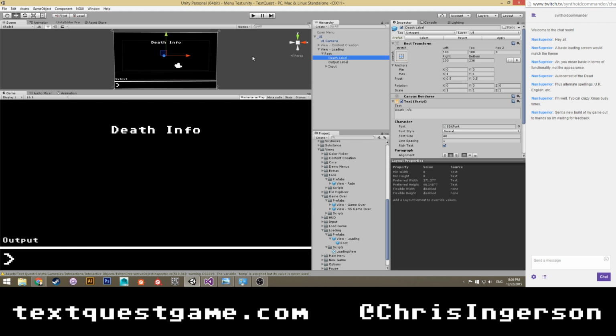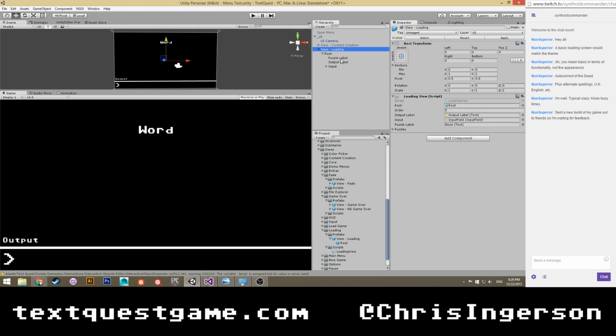And then def label, let's change that to word. Call this, I guess I called it puzzle label, didn't I? Okay. Yep, puzzle label. All right. So now let's go ahead and just do 3 random ones.